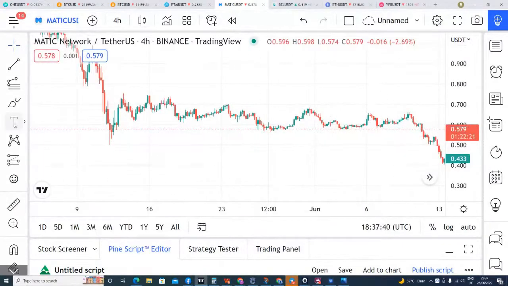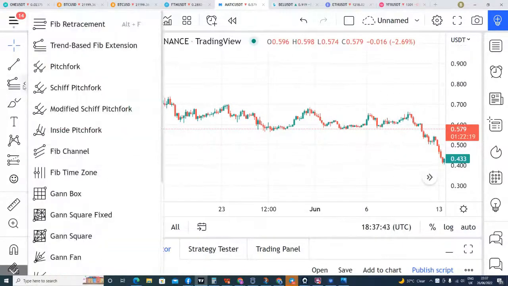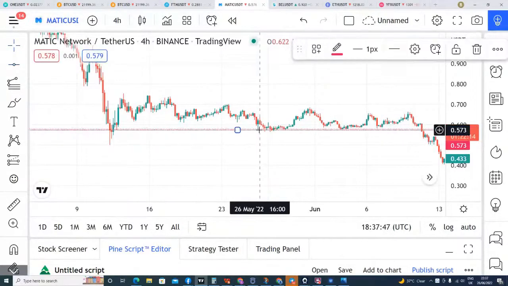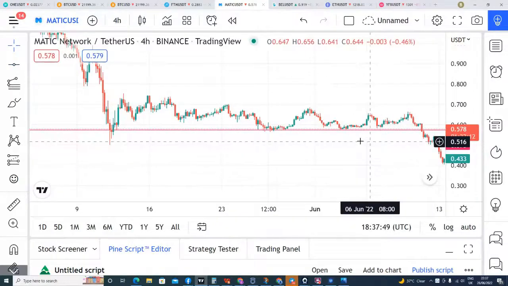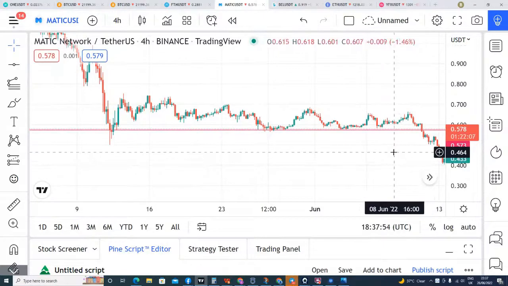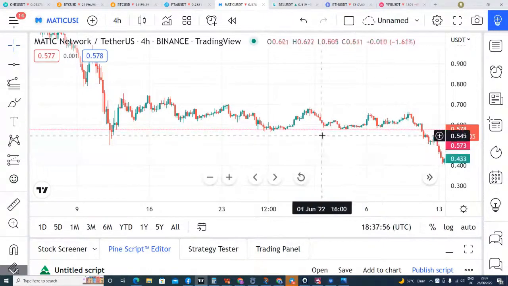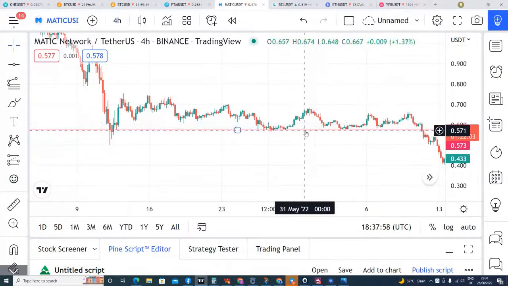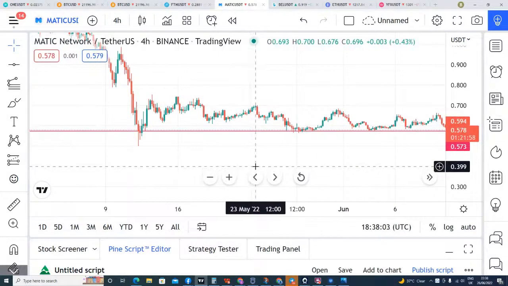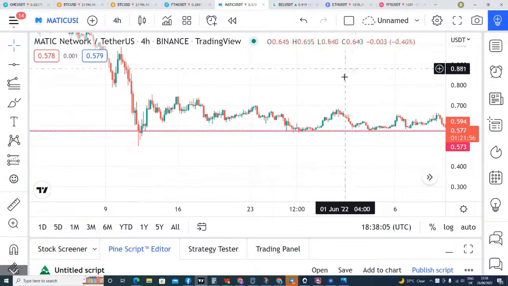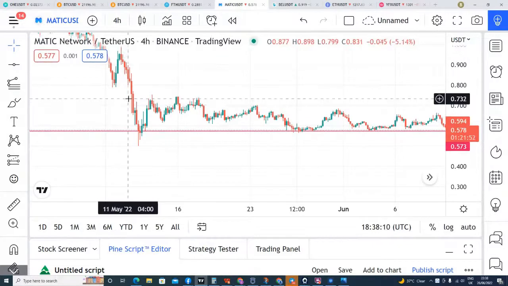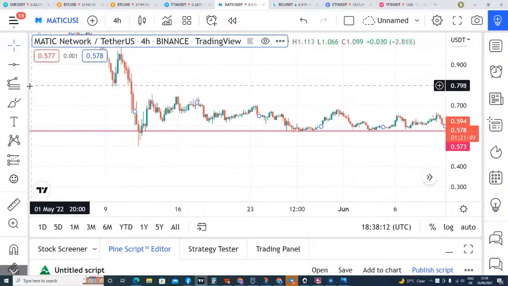Okay, now let me get my line. So you can see this line right here, my line right here. This area now is a support level. Let's assume the price is moving like this, and this upper area is